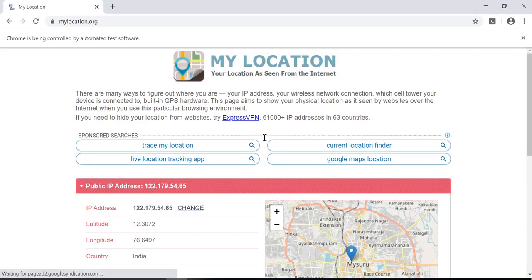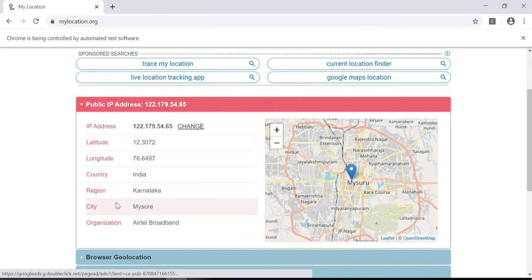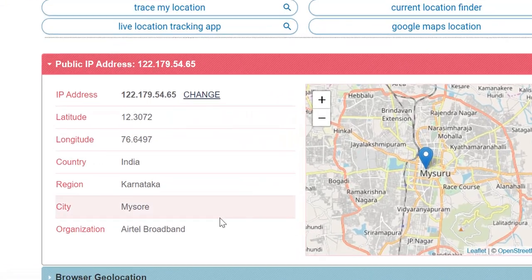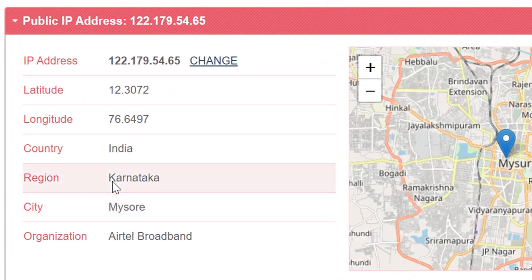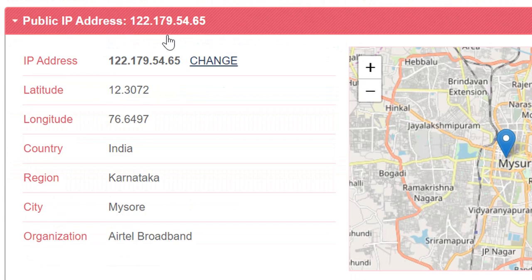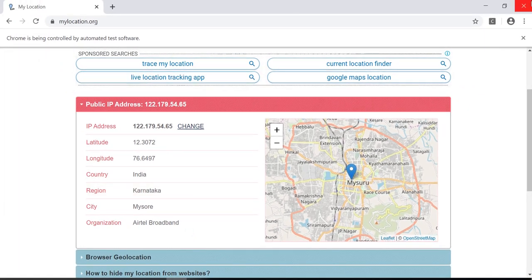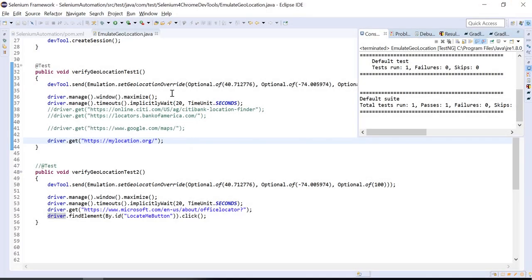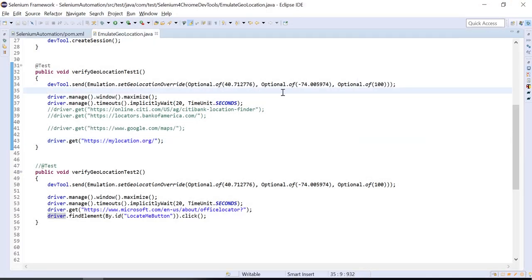It's open, and here we can see it's loading the same location that we were seeing before emulating. So after emulation, it is not loading the city we are looking for. We are looking for New York City, but it is not launching. It's launching the current city.